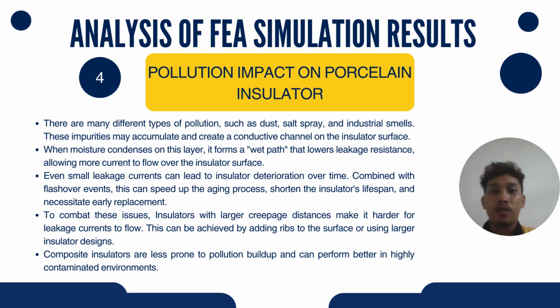Next, we go to the last analysis, which is the pollution impact on porcelain insulators. There are many different types of pollution, such as dust, salt spray, and industrial smoke. These impurities may accumulate and create a conductive channel on the insulator surface. When moisture condenses on this layer, it forms a wet path that lowers leakage resistance, allowing more current to flow over the insulator surface. Even a small leakage current can lead to insulator deterioration over time. Combined with flashover events, this can speed up the aging process, shorten the insulator's lifespan and